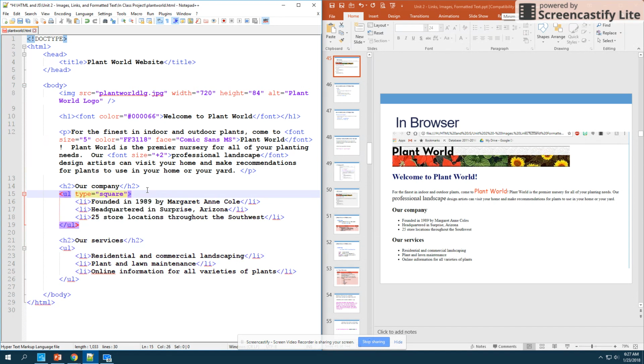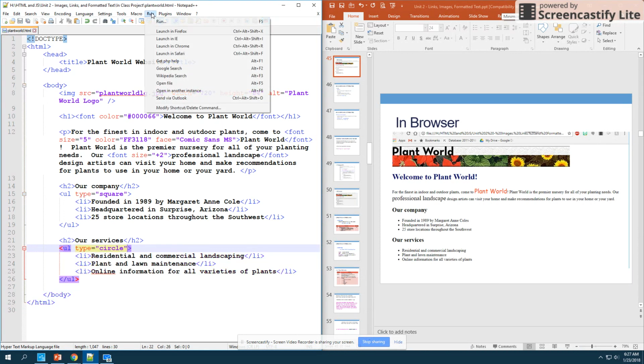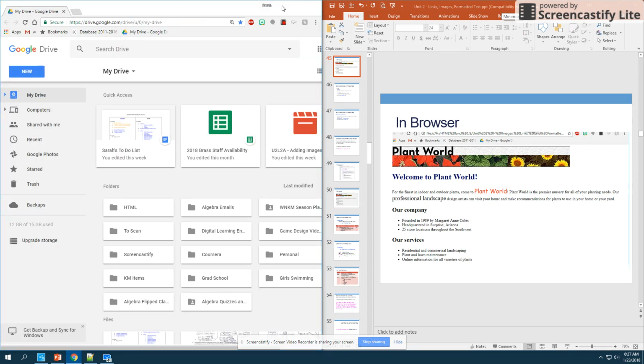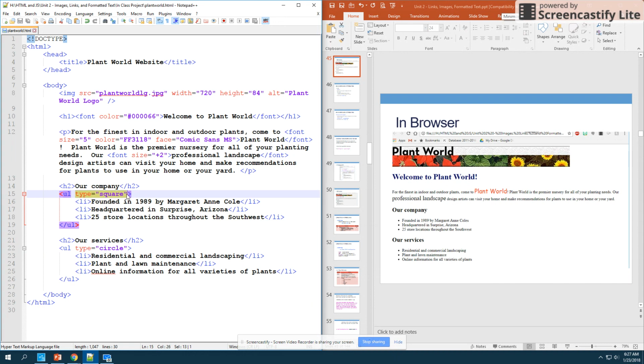So here, if I wanted to change it to squares, and if I wanted to change this one to be something else like a circle, again, I could do that by using those attributes. So we don't need to do that here, but just remember that those attributes are an option with your ordered and unordered list. So now we're going to move forward and we're actually going to look at background color and